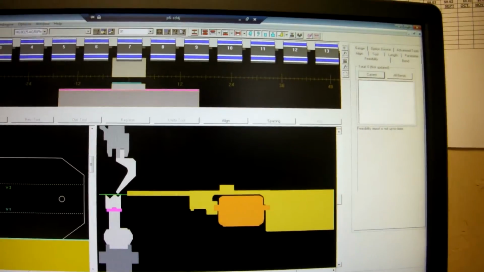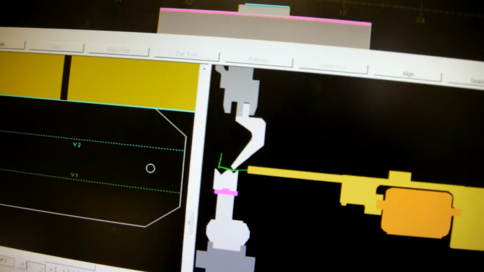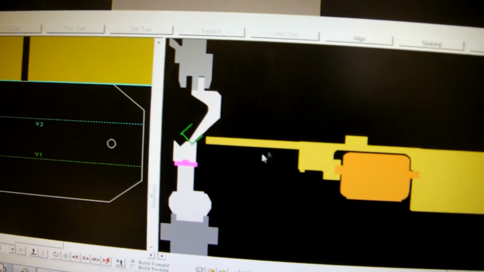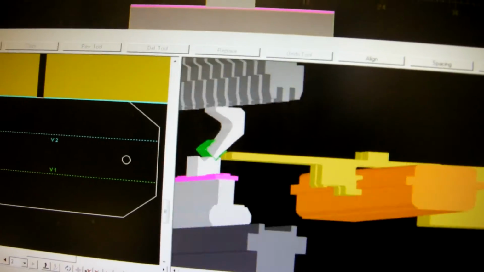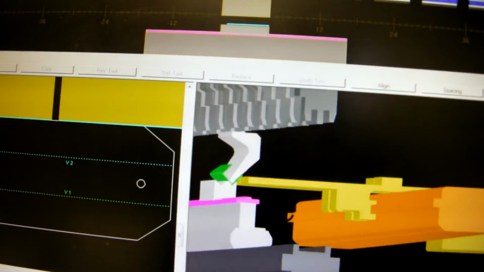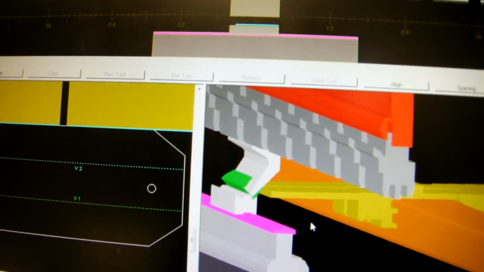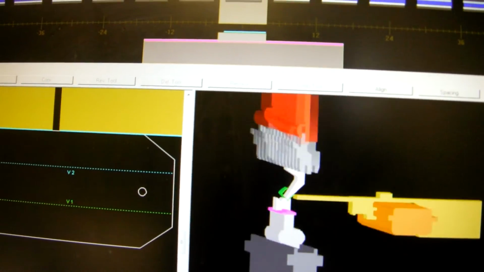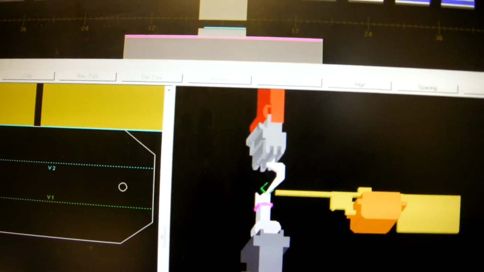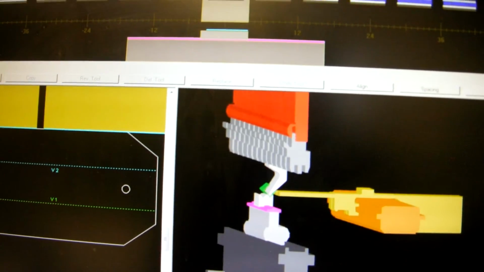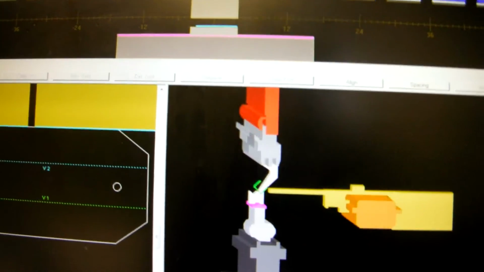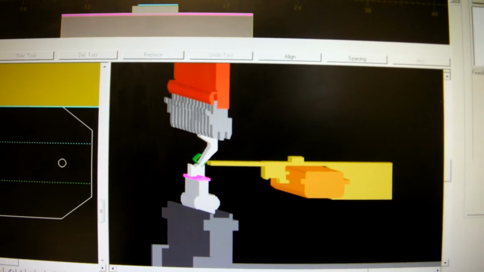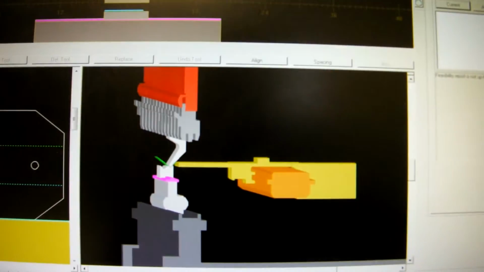And we can go ahead and take a look at how this is going to bend up. And it bends up great with the tooling it's selected. I don't know if it's exactly how I would have done it. I think I would have rotated the part different or had the gooseneck in there different, but it did find a solution that we can go with, or if I'm not happy with that, I can make some changes pretty quick with a couple clicks of the button. So once again, we'll just play that one more time,